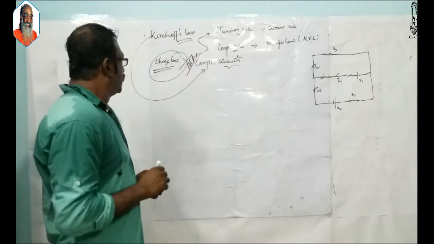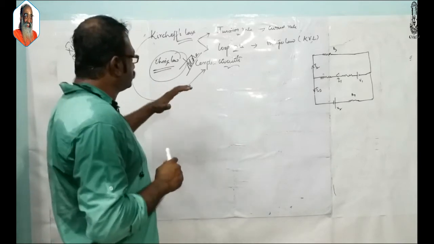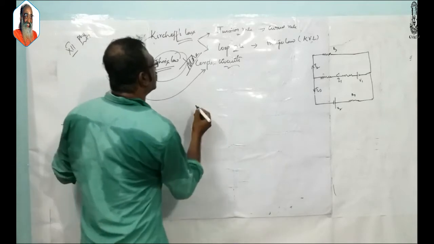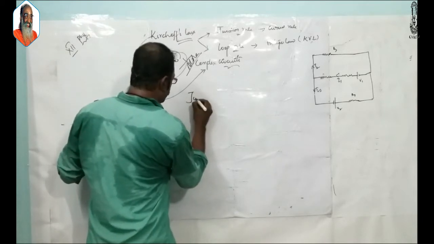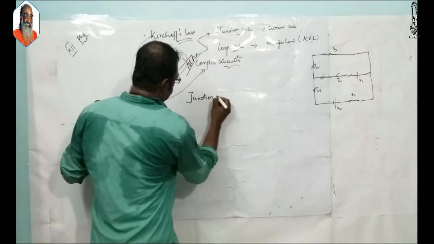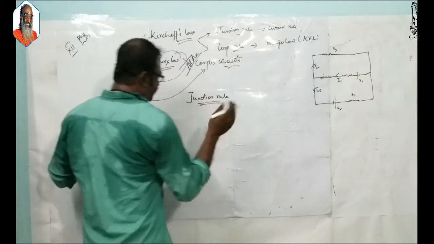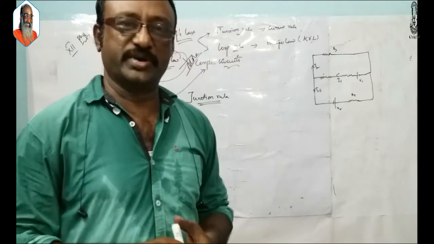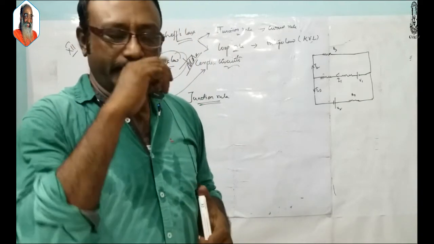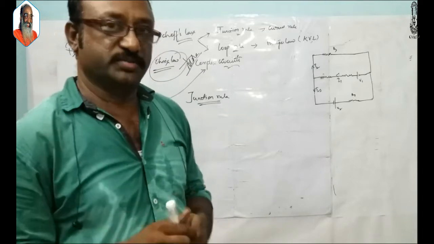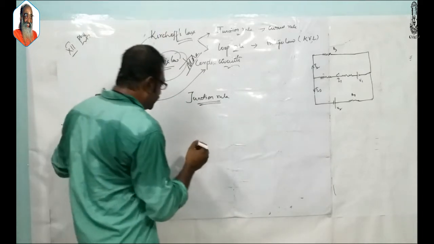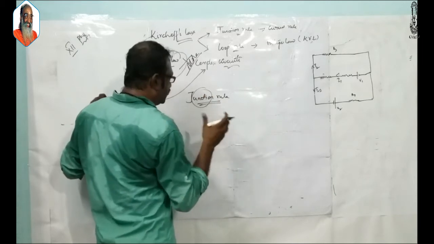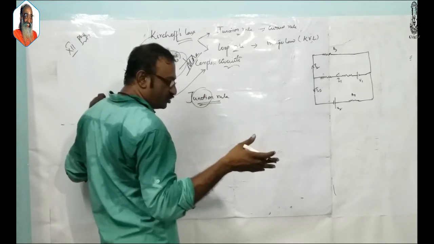Very simple. So here first let's go with the current rule, or the junction rule. First let us understand the rule. Later we can frame the rules, statements or something else. Here the statements are not important, but the concept is important. Now we look at the junction. What is this junction? Junction means, like road junctions, where two or three roads meet at a place, we call it a junction.